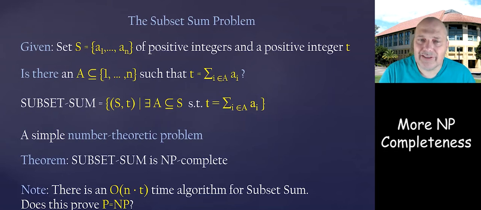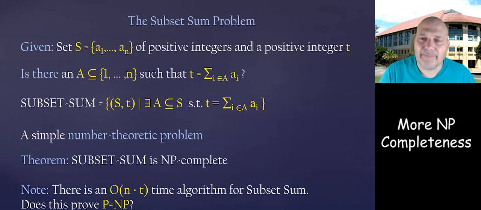For a problem that is NP-complete, doesn't it say that P equals NP? So hopefully you stopped the video, you answered it, and let me reassure you that you came up with the right answer. So no, it doesn't say that P equals NP, because this algorithm is polynomial, but not polynomial in the right thing. You're supposed to be polynomial in your input length.